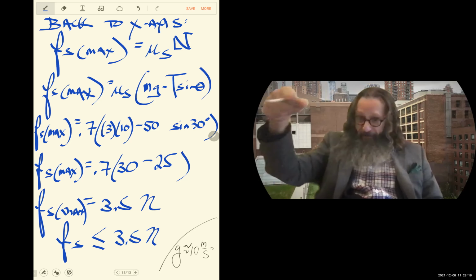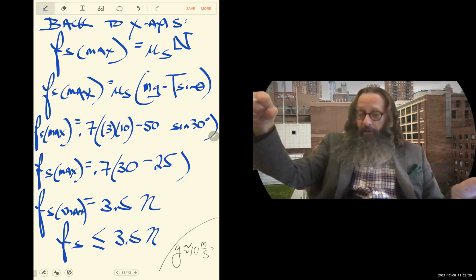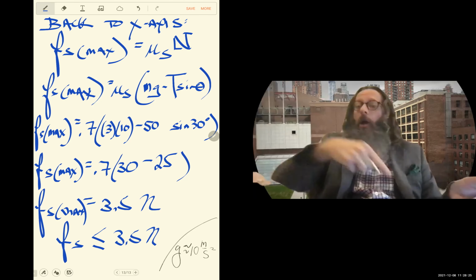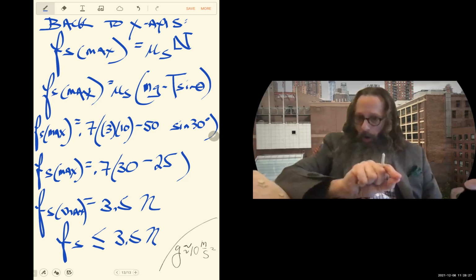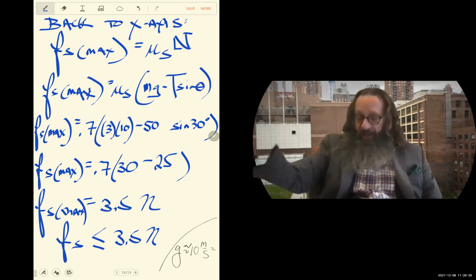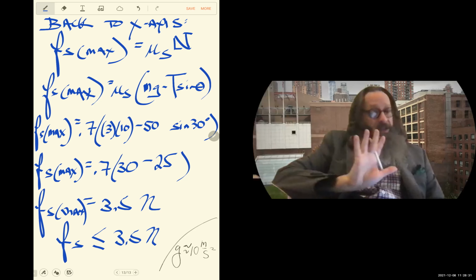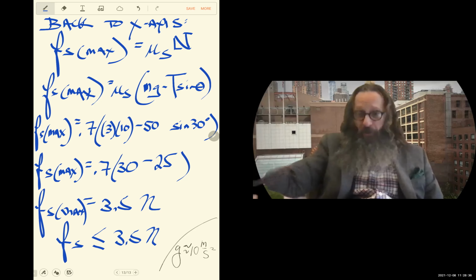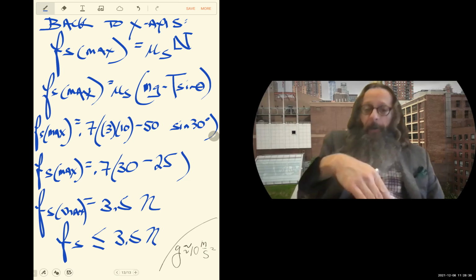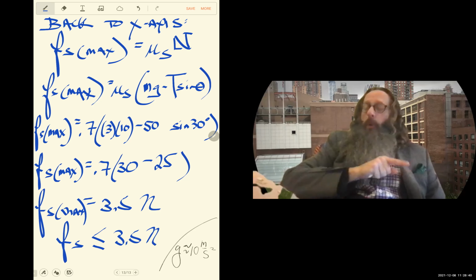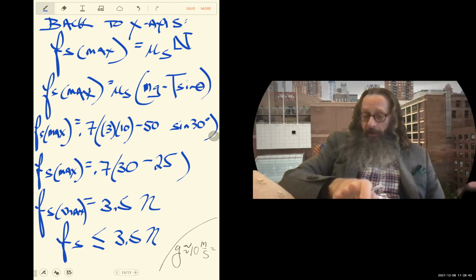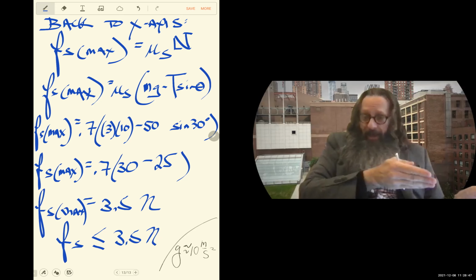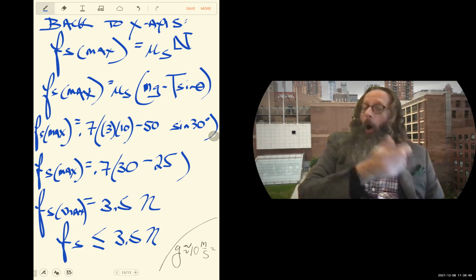If T cosine 30 was 1 newton, or if we tried to pull this thing with 1 newton, it wouldn't move at all because static friction would exert exactly 1 newton. If we pulled with 2 newtons, static friction would exert 2 newtons. Again, this is not Newton's third law. There's no law that there always has to be friction, but if there is friction, this is how it works. If we want this thing to move, we've got to be yanking it horizontally with a greater force than 3.5 newtons. Are we?